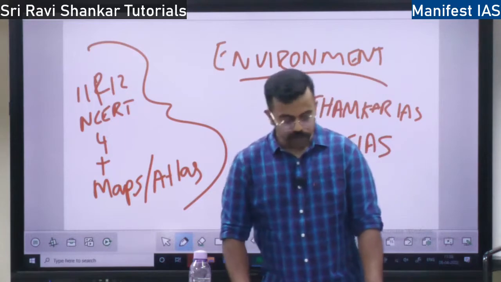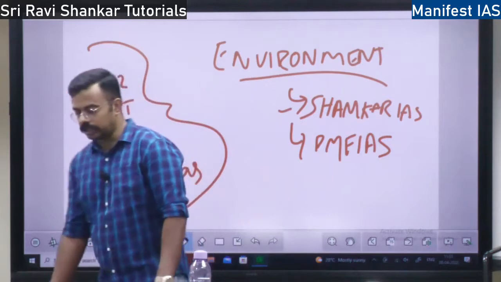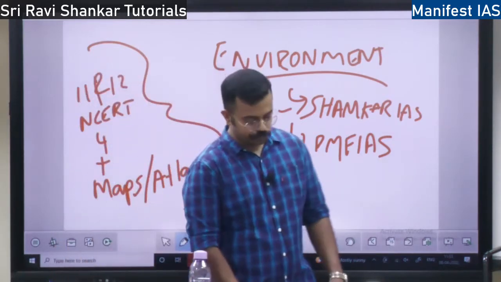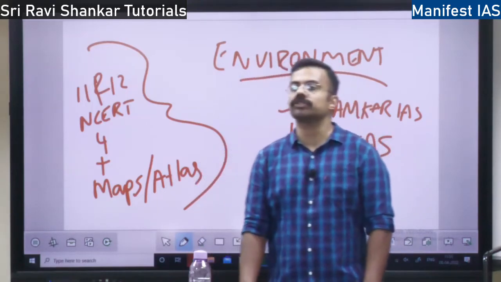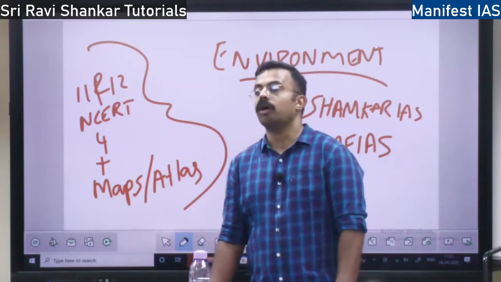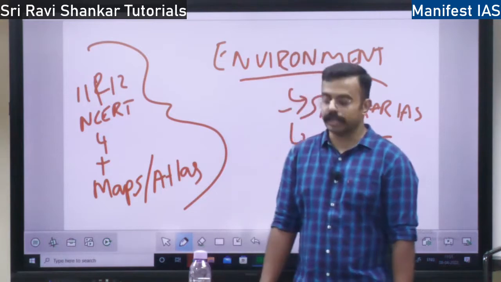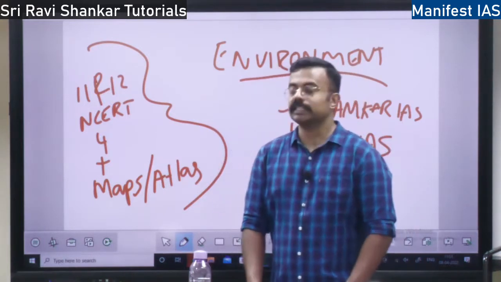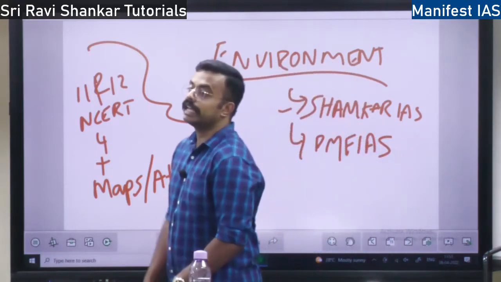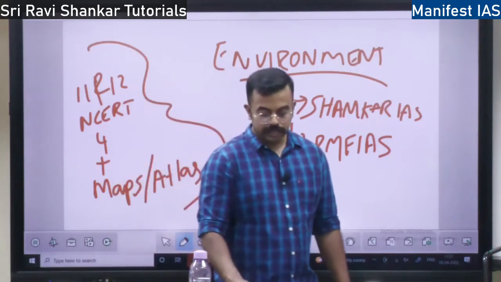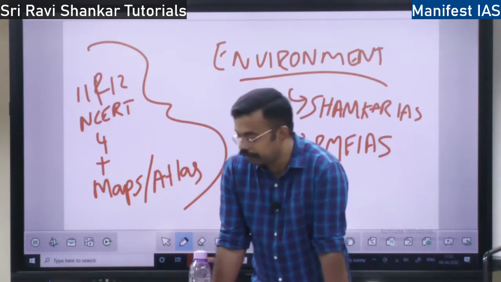Okay. The first chapter is ecology. So what is the meaning of ecology? The word ecology comes from a Greek word, oikos plus logos. What do you mean by oikos? Oikos means home or place to live, the place where you live, right? Logos means study. That is the study of your home or your place of living, which is called ecology. So the standard definition is the relationship of organisms with each other and the environment.